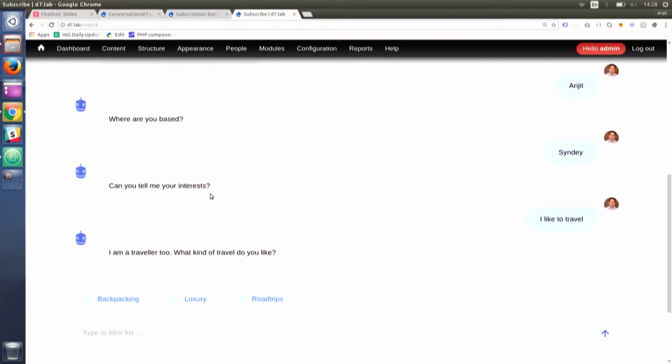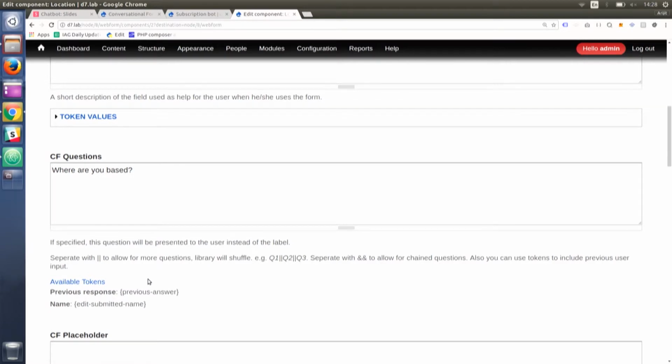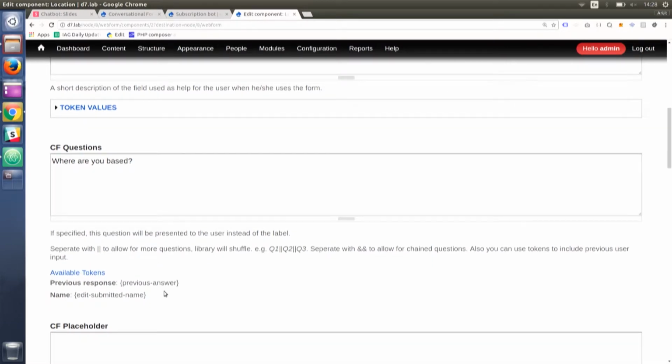Now it's a bit more interactive, but there are more things that we need to do to give a bit more of an Eliza effect, some sort of customization. One of the things we can do is provide some tokens in the question. We click on this link here and we get all the tokens available to us. So I added submitted name,